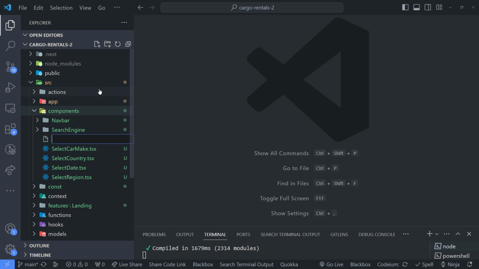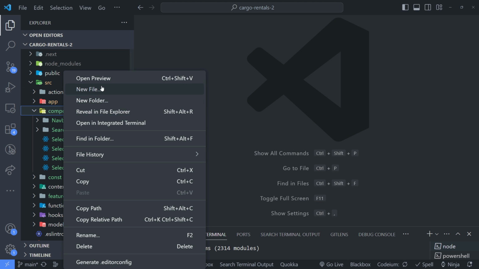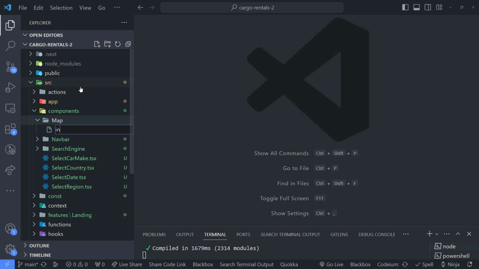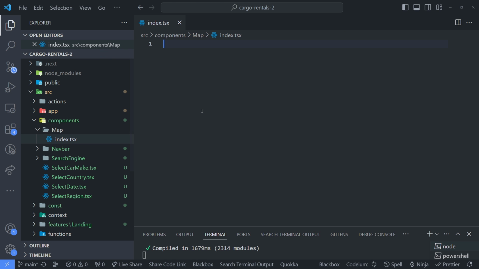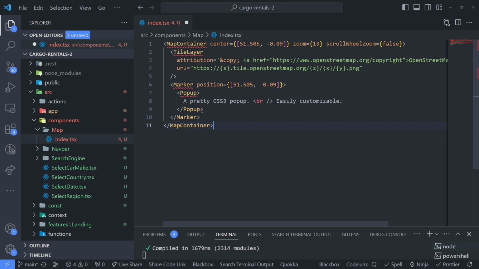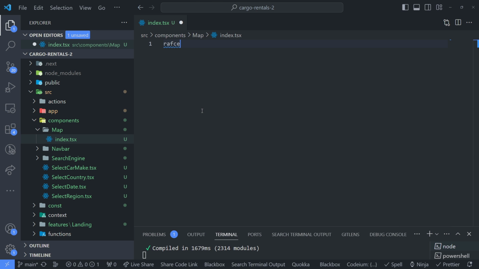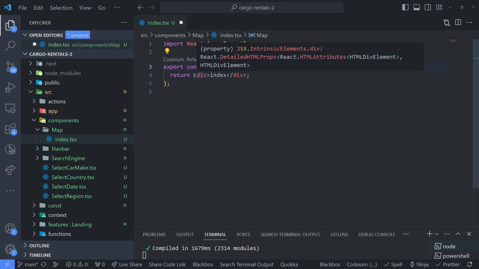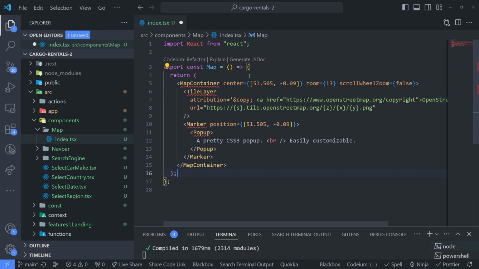Let me create it as a folder because I would need a CSS file as well. So map, and as usual I'm going to create index.tsx. Let me paste this here, not yet, just going to do RAFC to generate, and I'm going to say map, and I can paste it here now. Right,